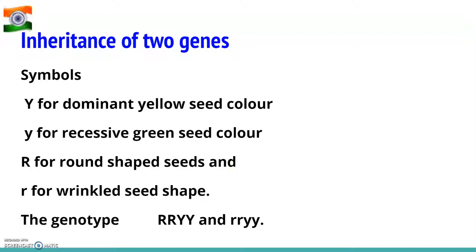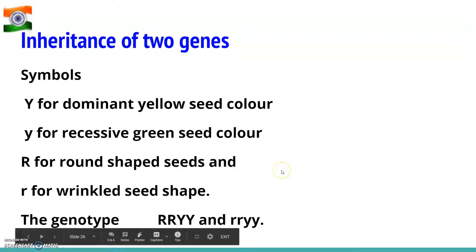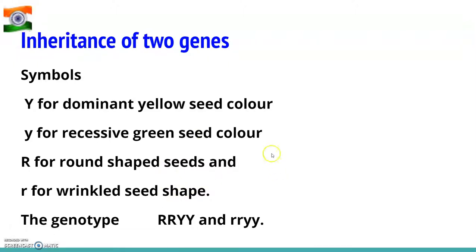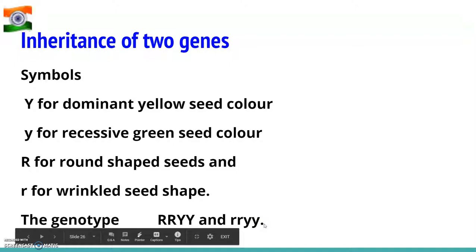Here we can tell the characters of the pair, the shape which was dominant. So yellow color was dominant over green, and we also see that the round shape was dominant over the wrinkled shape. So this was the phenotype, round, yellow, wrinkled, green, and this is the genotype that is being taken up.